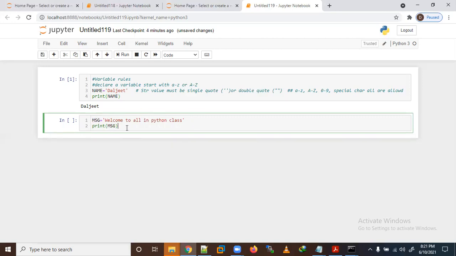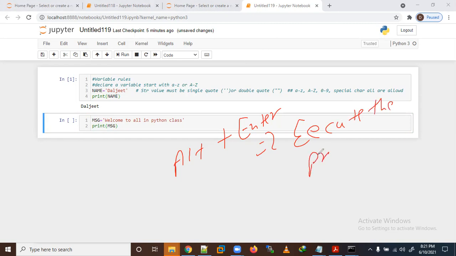So when I run, I can use a shortcut. I'm using alt plus enter. So here, this is the shortcut. It will execute the program, meaning it executes the line. We made it a line here. Execute the line, and you will get an output here, and get a new line.